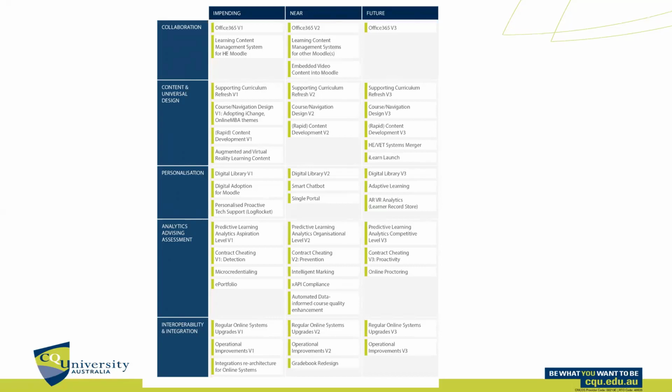In the section on content and universal design, Cherie is working with Kendall and probably a number of you here on a sort of curriculum refresh, Moodle revamp project. I'm not sure we have a good name for it yet. But effectively, what we're trying to do there is we have an up-to-date version of Moodle, but we're not leveraging all of the navigation and other functionality.